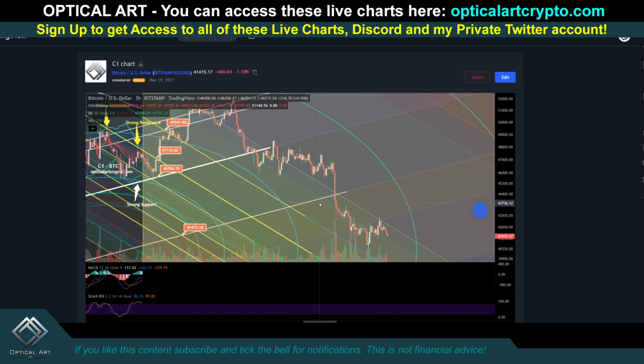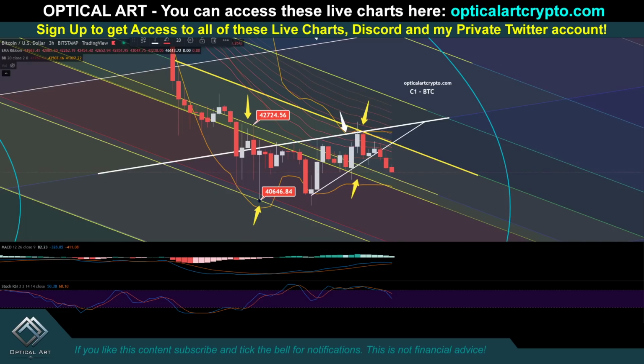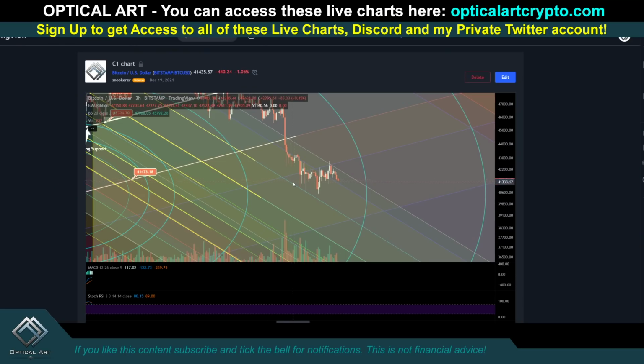So just want to show you, notice this line we found support on twice. We got resistance at this blue line and then resistance here, and that is right here. So you can see this green line right here, and you can see this blue line right here. That is right here. We found support, resistance, resistance. So just showing you these charts are accurate, and once they're published, or once I create them, I do not